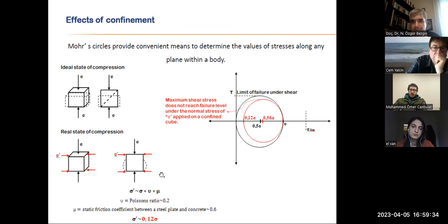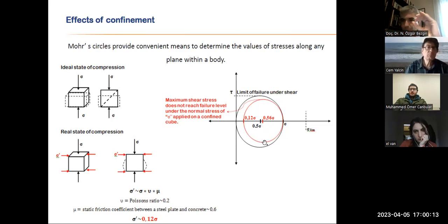And of course, perhaps the simplest example that we want to know is, when we do a concrete cube test, from the platens, we have this confinement issue. So depending on that, when we release it, we get a much smaller stress of breakage. But when this confinement is high, we can expand it. So what is that doing to us? What it's doing is basically closing our Mohr circle. So it's not touching this limit of failure under shear, this 0.12. So I worked on some numbers based on the Poisson's ratio of the concrete and the coefficient of friction between concrete and the platen. Once we have that platen, it basically pushes this Mohr circle, makes it smaller and smaller and smaller. So it's moving away from the limit of failure under shear.